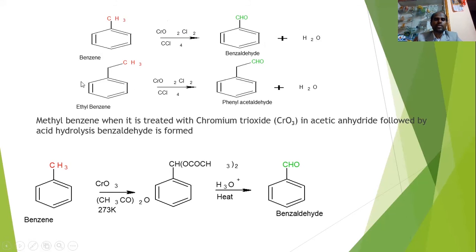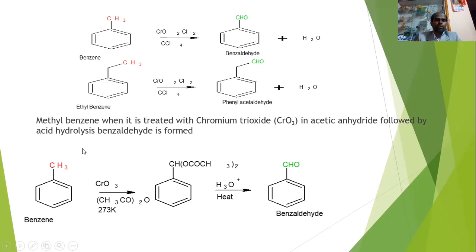This is one more example. Only the CH3 will react and convert to CHO. That is the thing we need to remember. So overall, Etard reaction means the reaction of toluene with chromyl chloride gives rise to an aldehyde. That is the thing we need to remember.